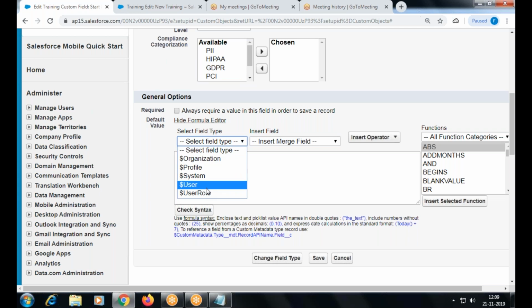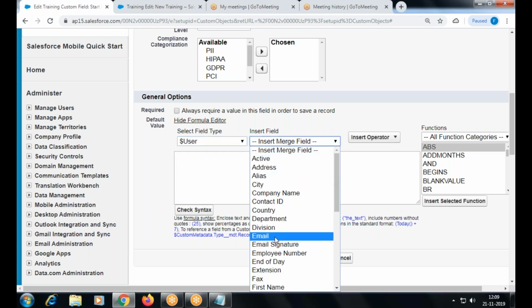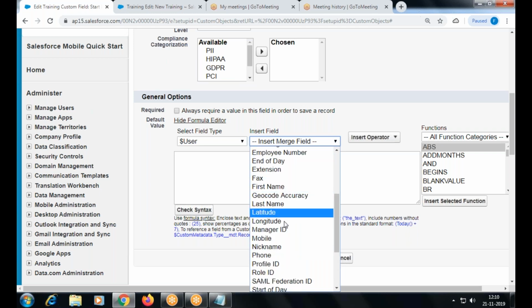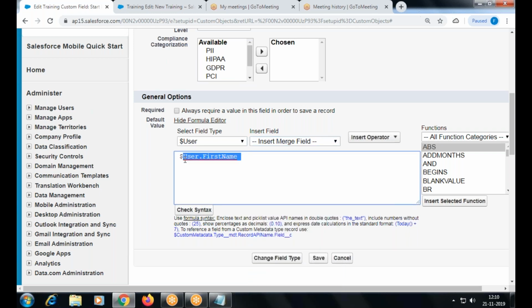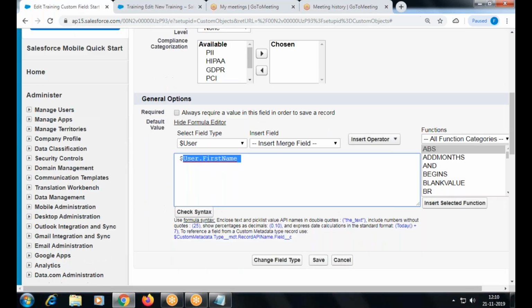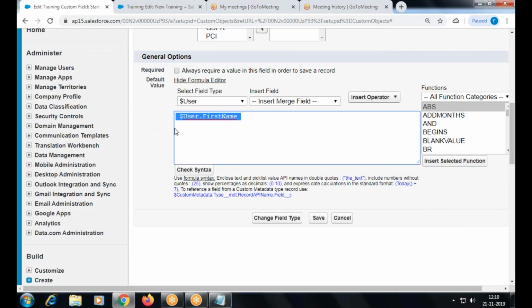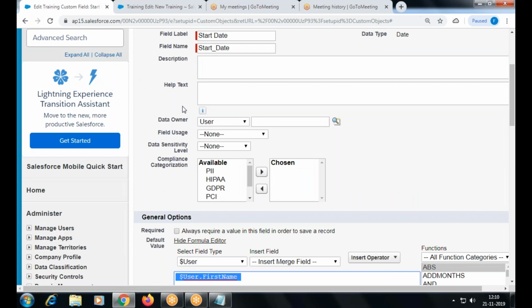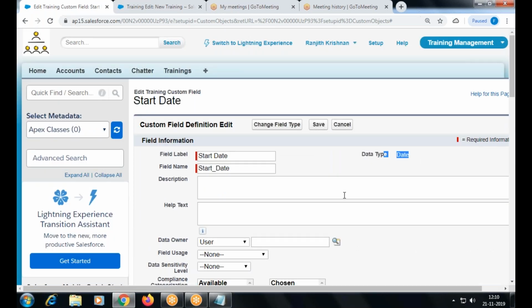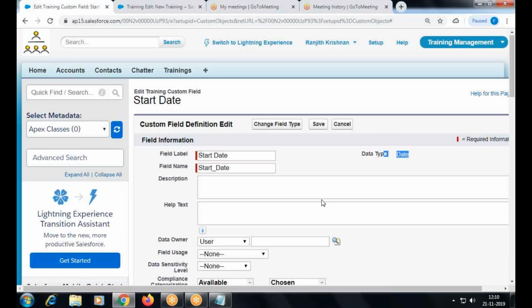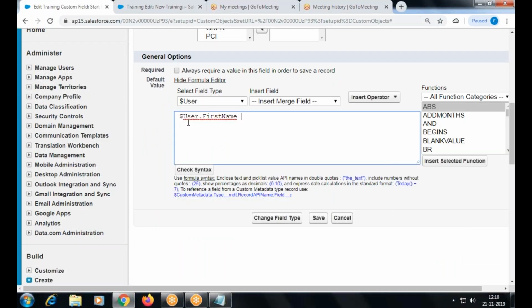It means if I go with first name, here I cannot use because it's a text type. But what is the field we have chosen? Date type. Only date value you can give. Okay, so I think in this example I explained this about this one other part of the example.